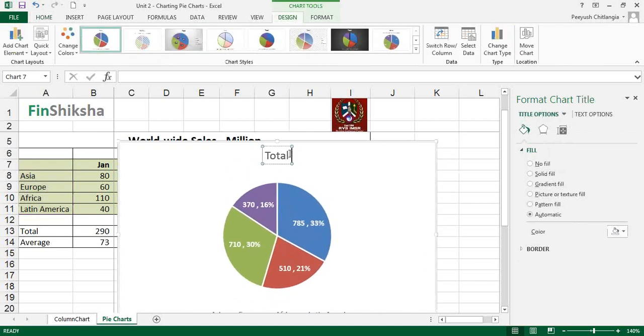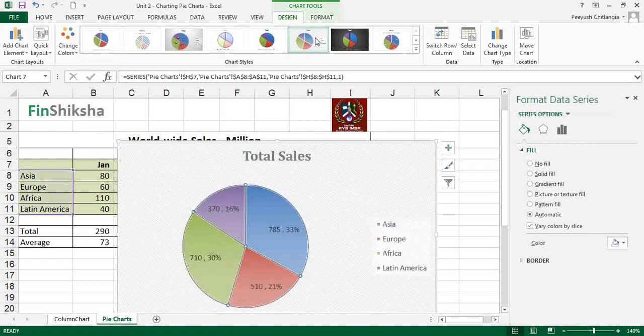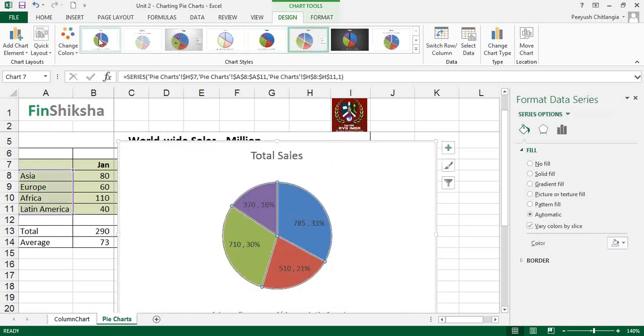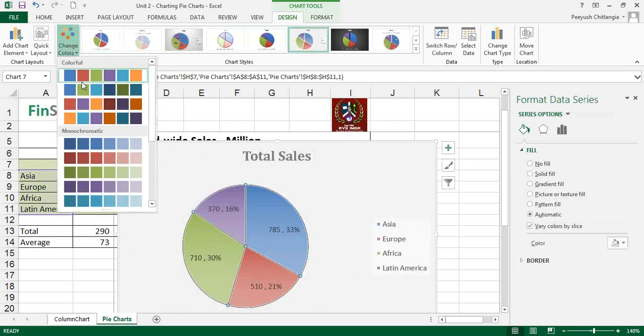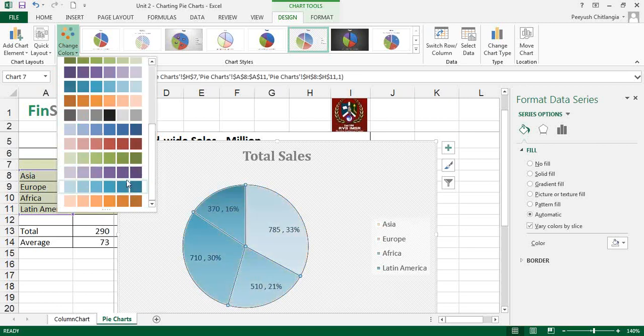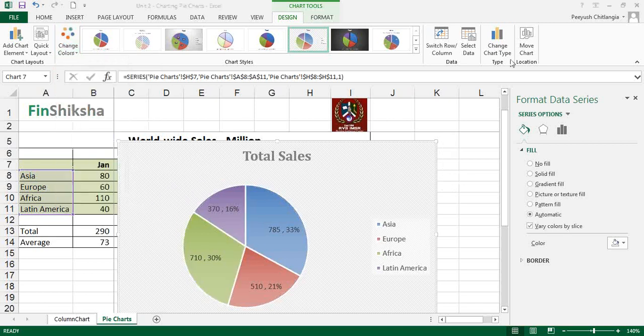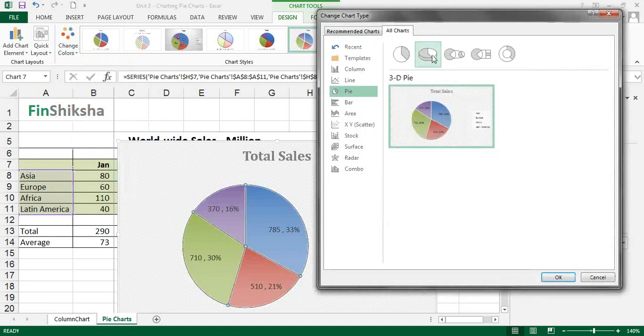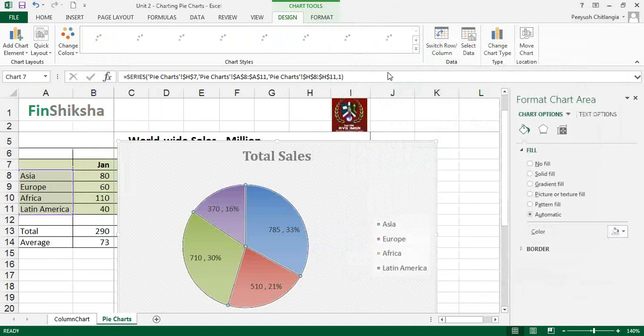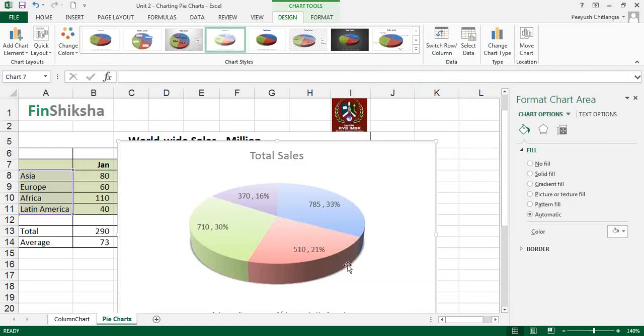You could rename it as total sales. Once again, similar yardsticks could be applied. You could essentially format it in any of the pre-designed formats which are available. You could change the colors which are available for the chart. So you could use them in single colors, you could use them in multiple colors, you could shade them separately based on whatever the color set choices are available. And you can always create the same chart in the form of a 3D chart that is available to us, right? So we can select a 3D chart, create it in the form of a table once again, percentages and values, and in this I can add